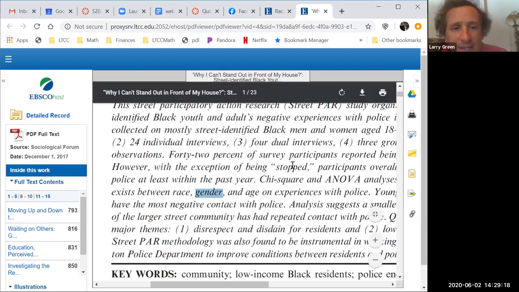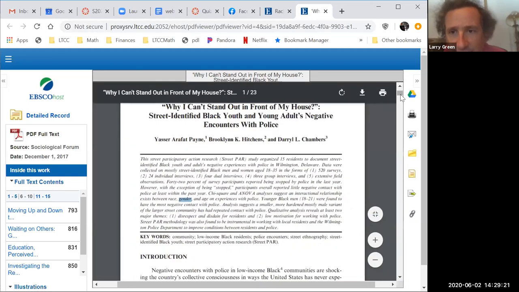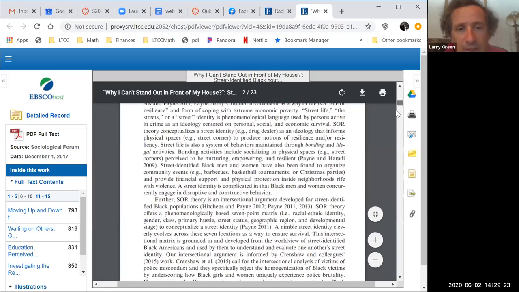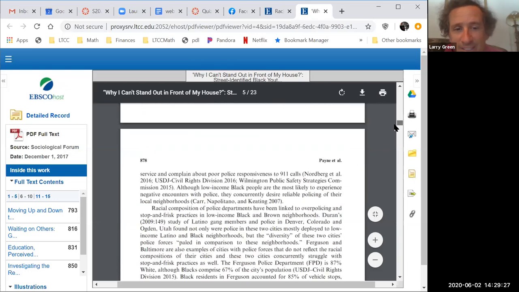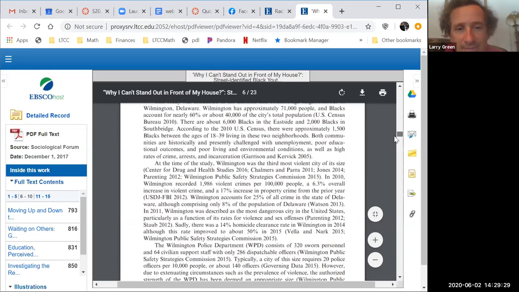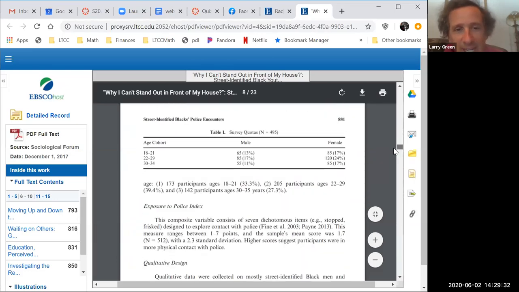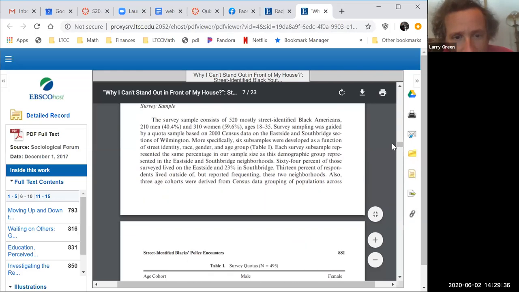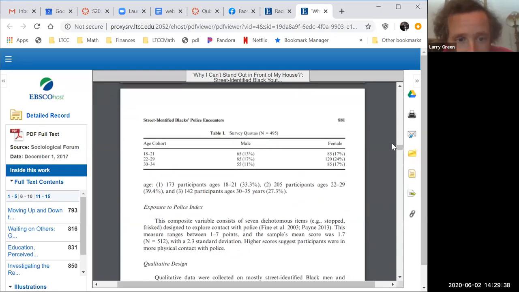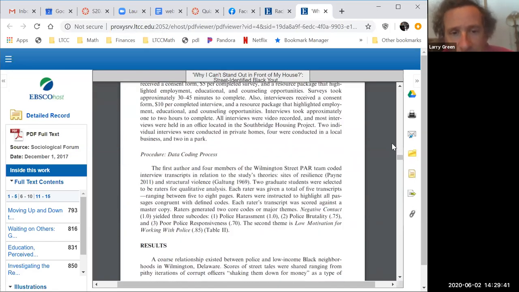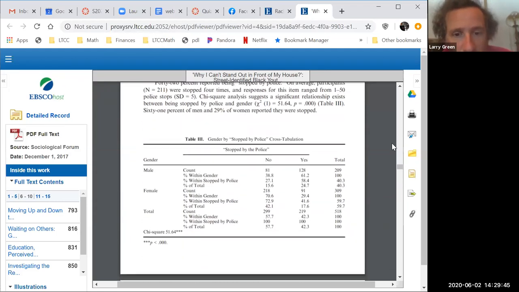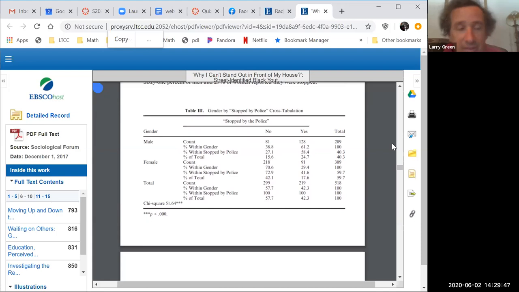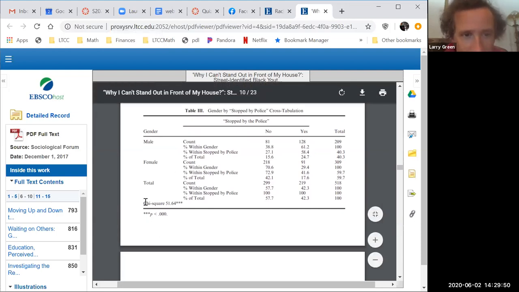Okay, and again, I'm not going to go into all the details, but you'll notice it's a very long article, so I'm not going to read it all. We don't have that much time left. It goes on and on and on. But if you go, let me find it. I think it's a little lower. There it is. Okay, down here,